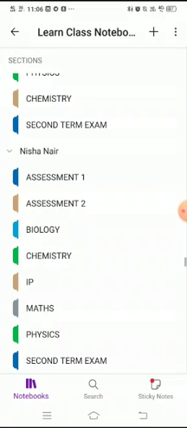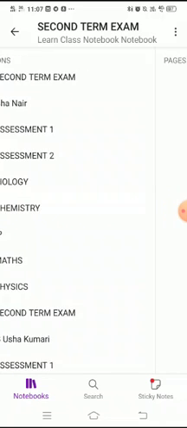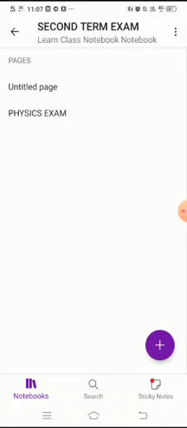I can find my name, and I can find the type of exam that I'm going to give. You remember how I have chosen second term exam. For you guys also, probably the next exam will be second term, so whatever be the exam name, you have to choose that.